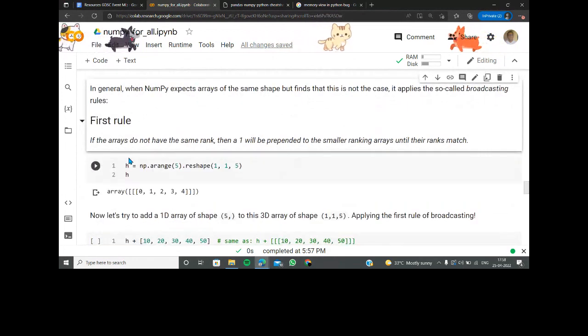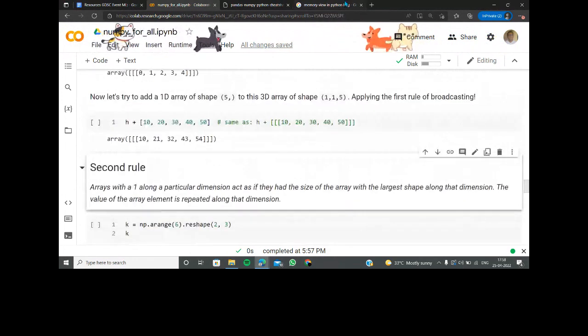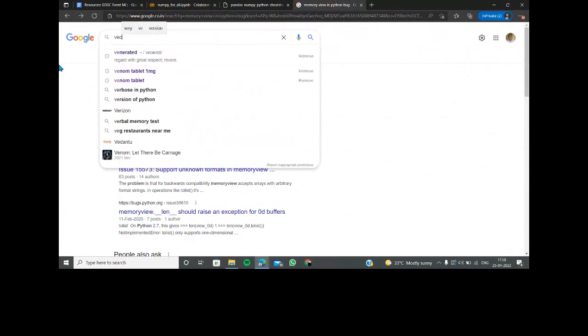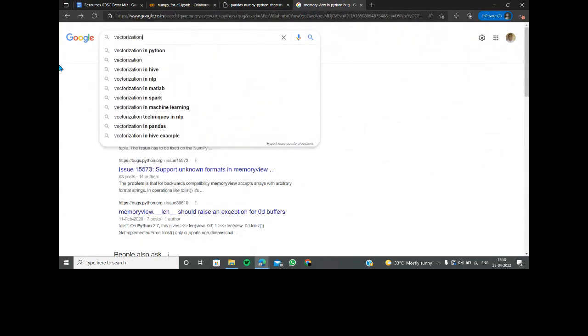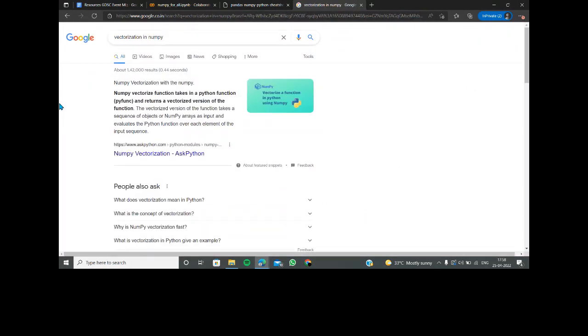So broadcasting and vectorization is another concept, but okay, let me just show you one thing. Vectorization in NumPy is a Python function that returns vectorized versions of a function.